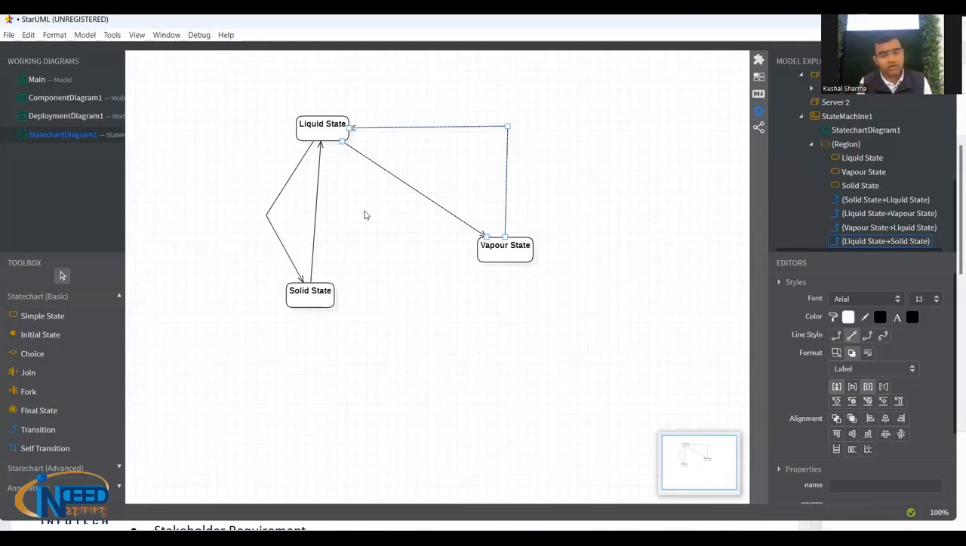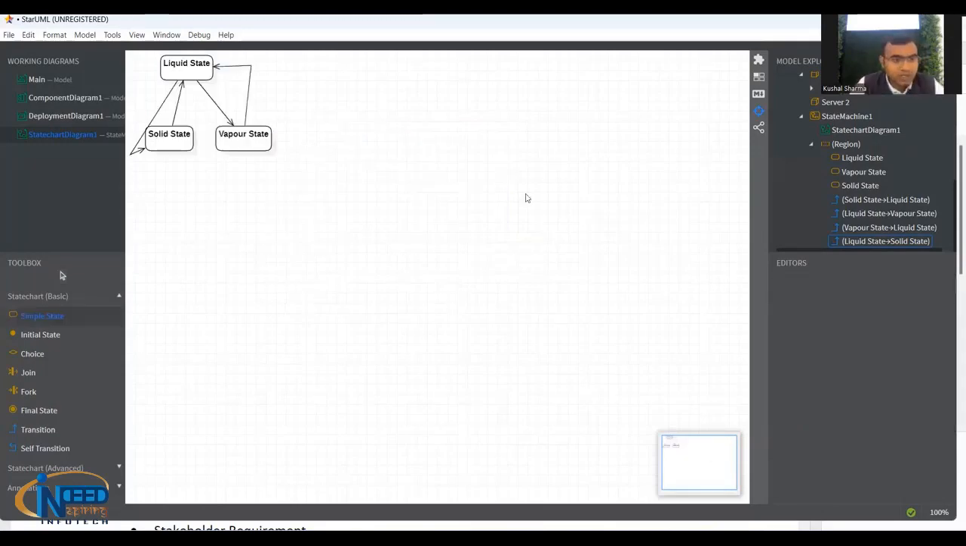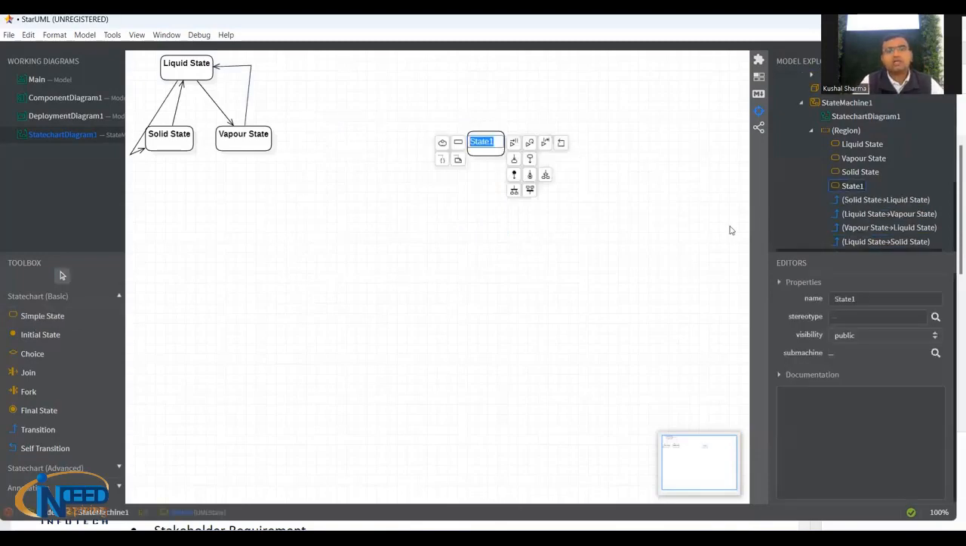Water has a liquid state, a solid state and a vapor state, and we know how the state changes as the temperature changes. So this is a state diagram where we have states and arrows to represent a particular state. Now, many times what happens, this is one example. Let's have a state,